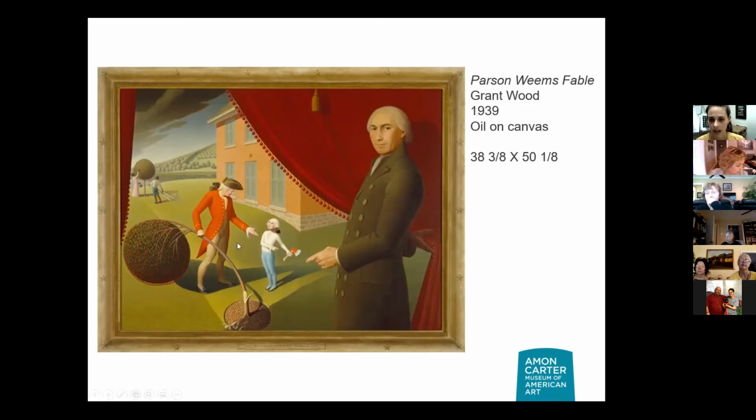And you can see here, their hands are also important. This isn't the best picture for it, but you can see George Washington's father gripping that tree so hard that his hand is red from all the blood coming to it from squeezing so hard, which is a little bit different than what Parson Weems actually wrote in his book. In the book, the father was very forgiving and